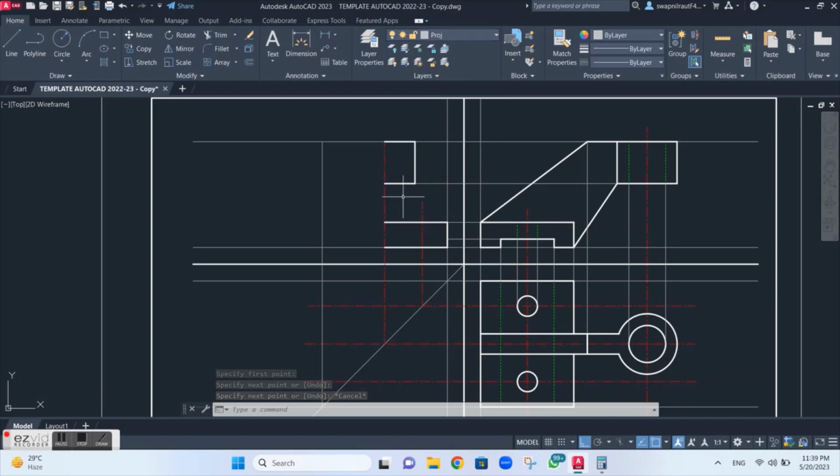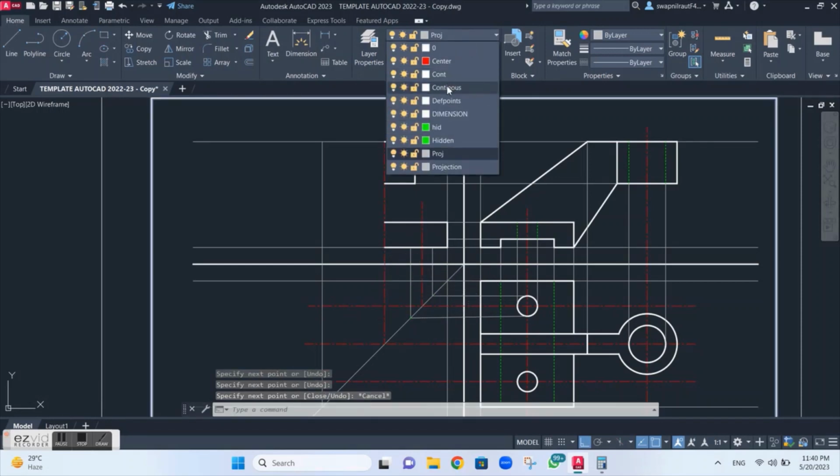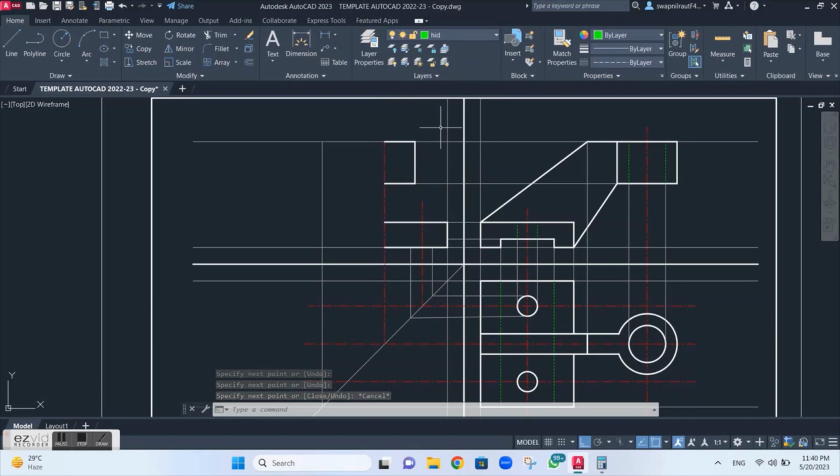Once this is done, I'll take the projection layer for the circle. Yes, this smaller circle of dia 12. I'll take the projection of both the edges. So inside it will appear to me as a rectangle, but it will be hidden. So I'll take the hidden line. I'll just complete